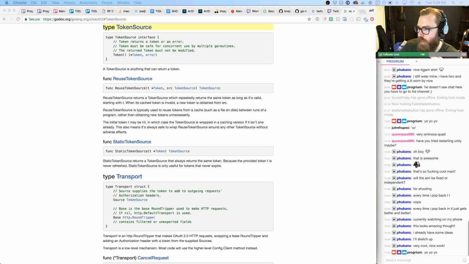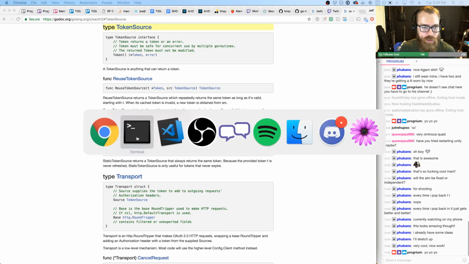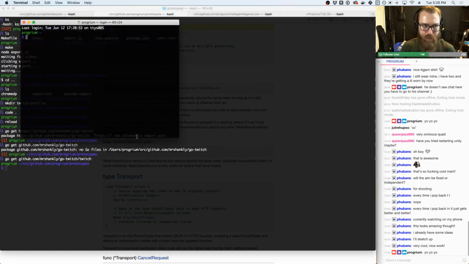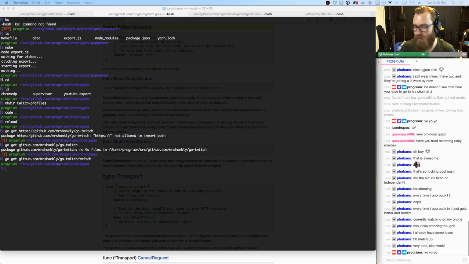I don't know what this OAuth token is granted or anything. It doesn't say any of that. Maybe there's a better way to do this, but